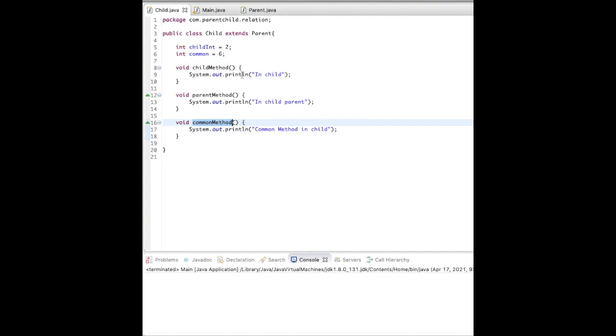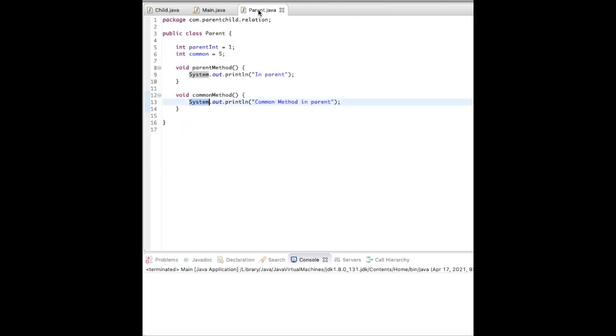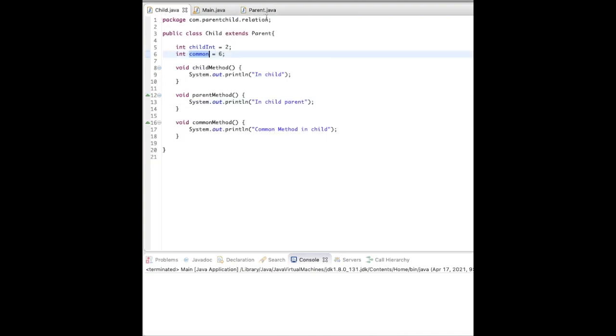In child it is printing "in child parent" and "common method in child". Note that the common member variable is present in both parent and child with a different value, and since we have extended parent in the child class, parent method and common method are overridden in this child class.